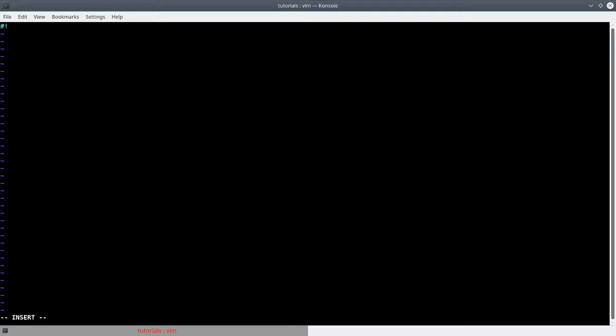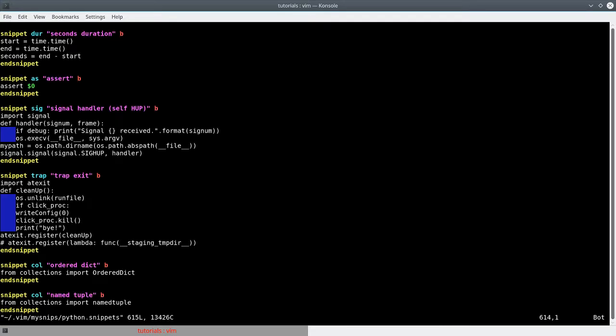Usually all my script extensions have a shebang, and you press tab, and it fills it in with general settings that I usually like: sys, OS, logging. And in this particular case, I go to keybind E in Vim, and I can edit my